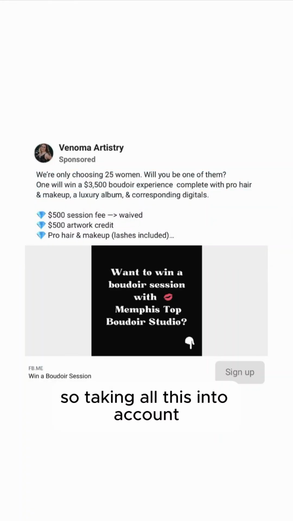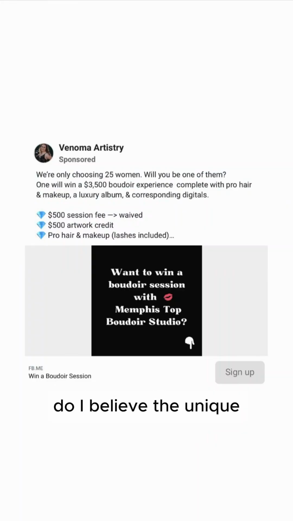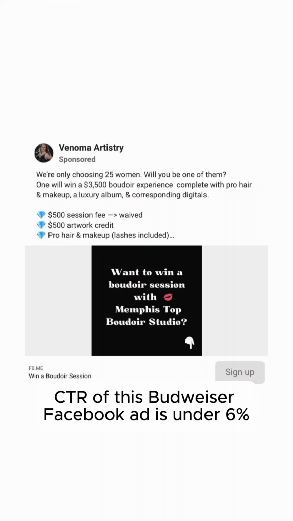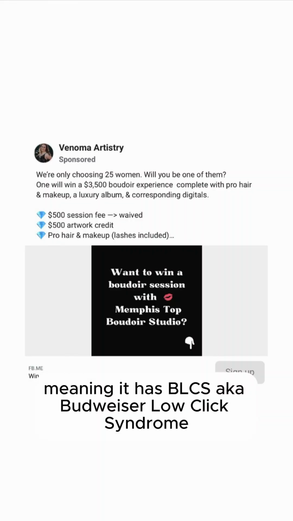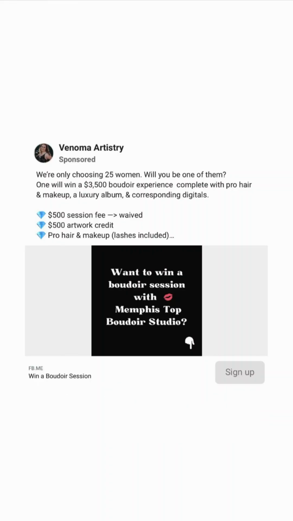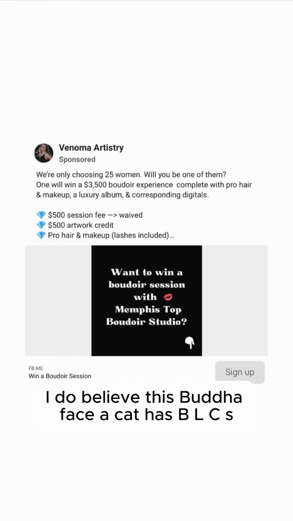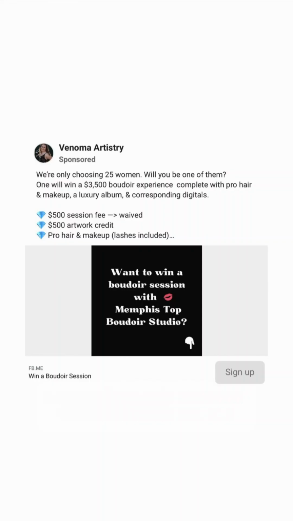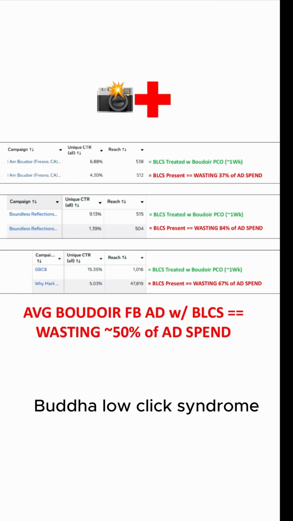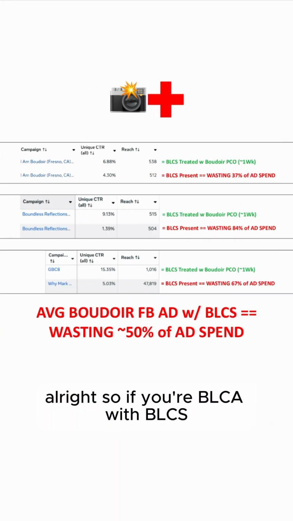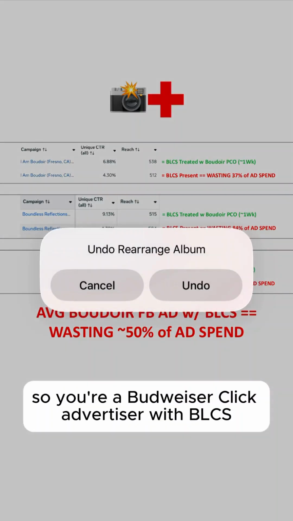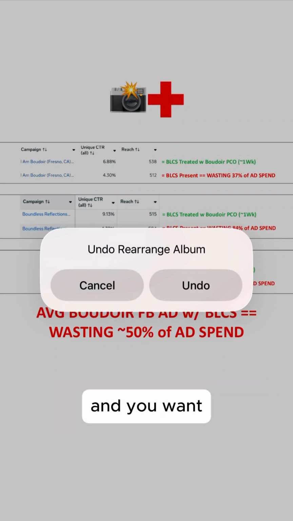So taking all this into account, if I believe the unique CTR of this boudoir Facebook ad is under 6%, meaning it has BLCS, aka boudoir low-click syndrome. Yes, I do believe this boudoir Facebook ad has BLCS, boudoir low-click syndrome. All right, so if you're a BLCA with BLCS, so you're a boudoir low-click advertiser with BLCS, and you want